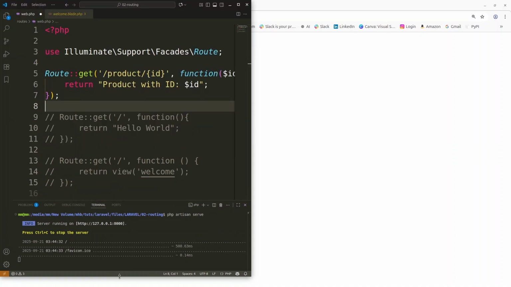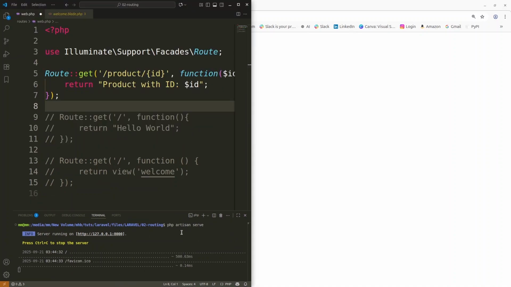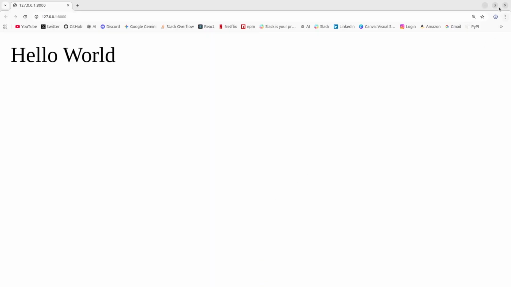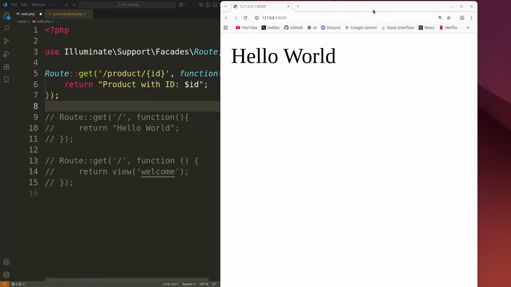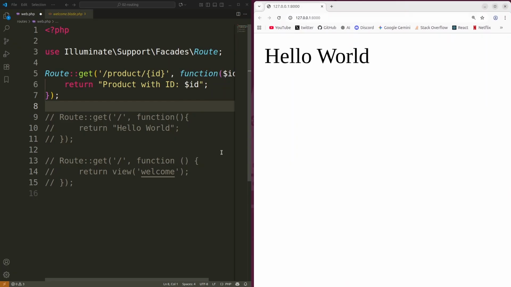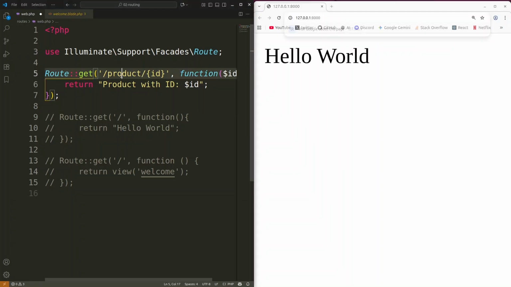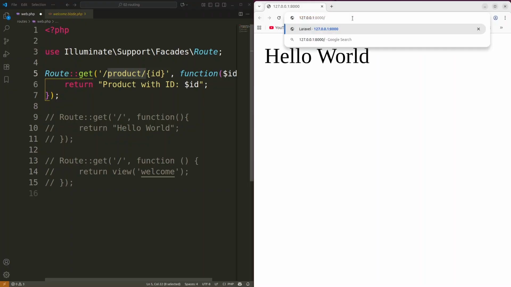Let me stretch it out, and I'm gonna close this terminal for now, and let's resize our browser as well and keep both of them side by side. Alright, that looks much better now. So now, let's copy this URL from here, and after that if you browse to this URL, say